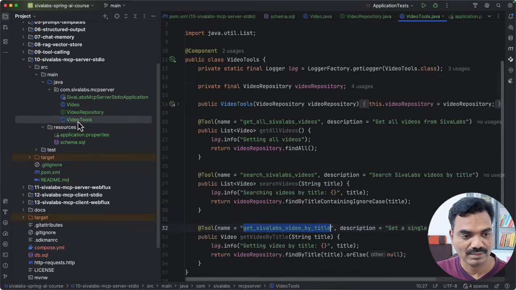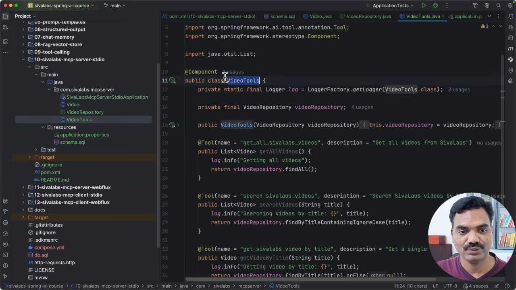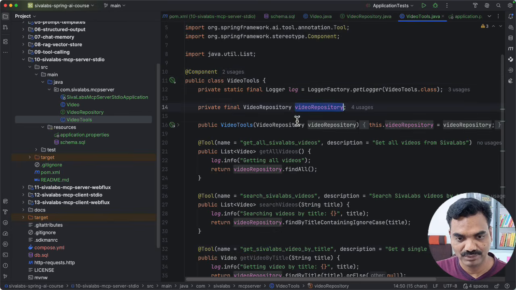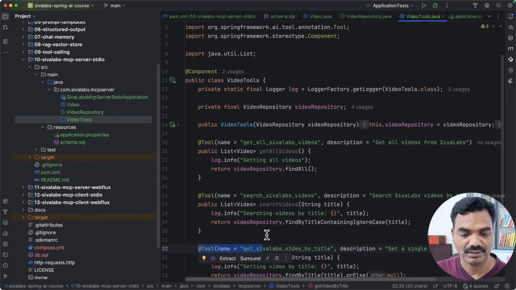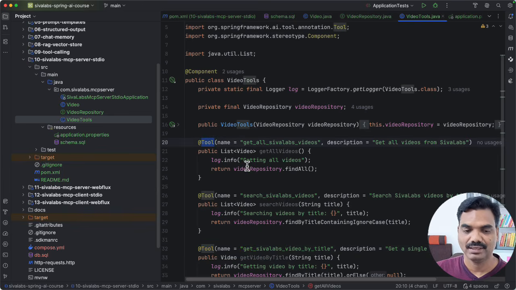And the interesting part is we have this VideoTools component, and here we injected the VideoRepository, and then we have exposed 3 tools. If you remember from the previous video on tool calling, here we are using the same functionality, where we are exposing some tools from our MCP server. So in this case, we have one tool to get all SivaLabs videos,